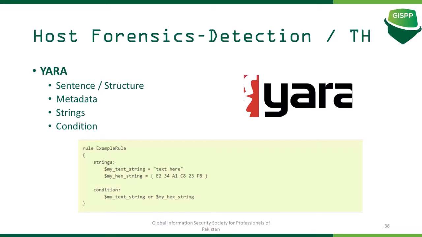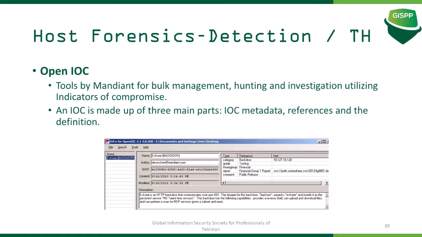So there are 4 ways. First of all, you can insert the metadata. You have to mention the rule name here, then you have to mention the strings, then you have to mention the condition. You can also include a metadata field here, which will not be processed by your engine, but it will give you the context, which campaign it was and how it was being used.